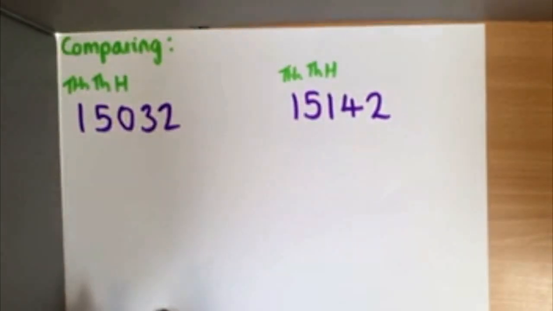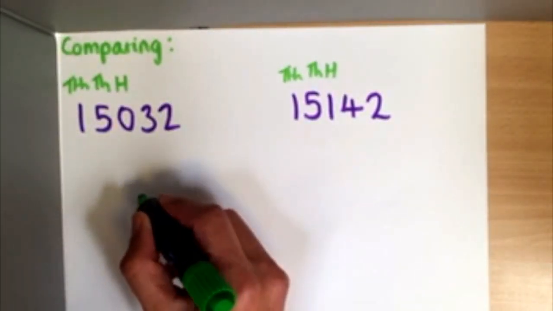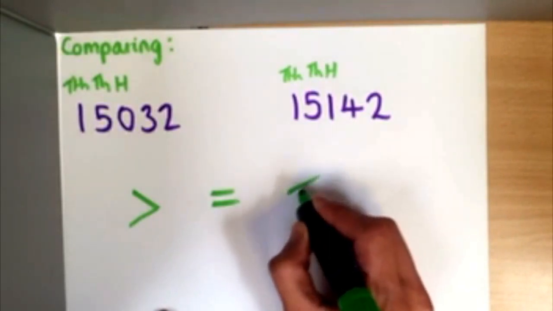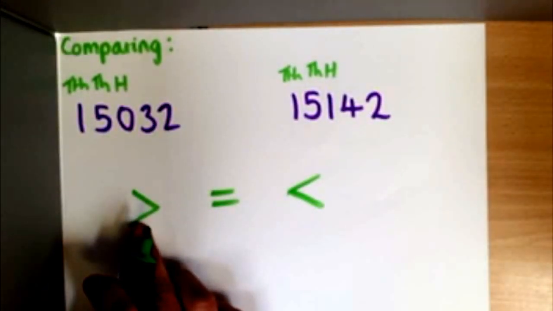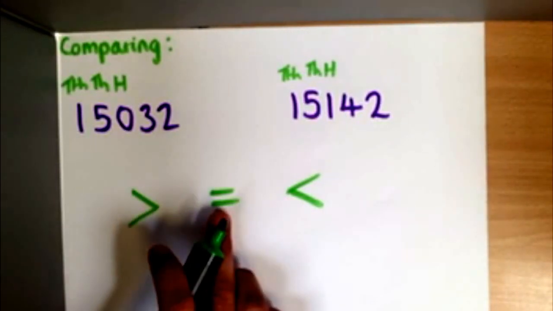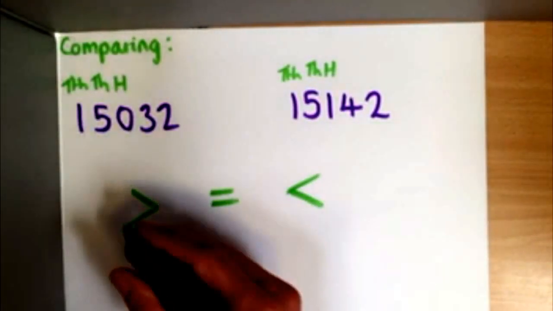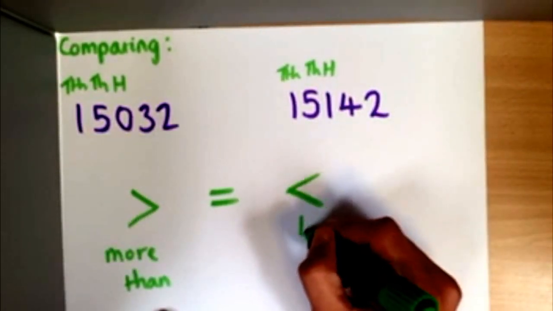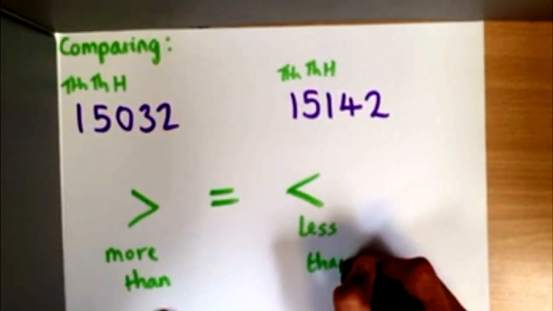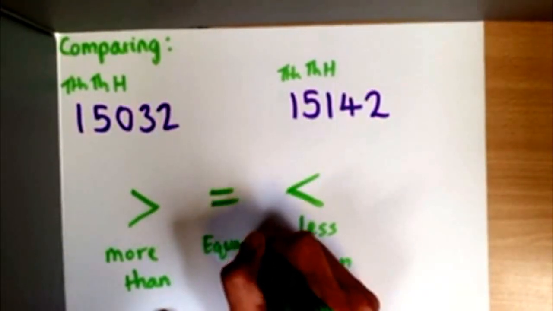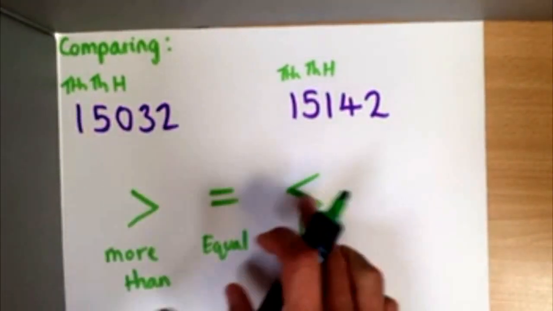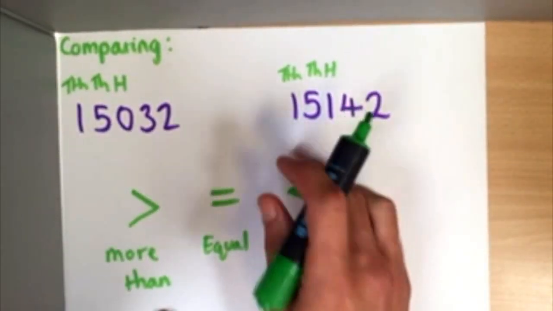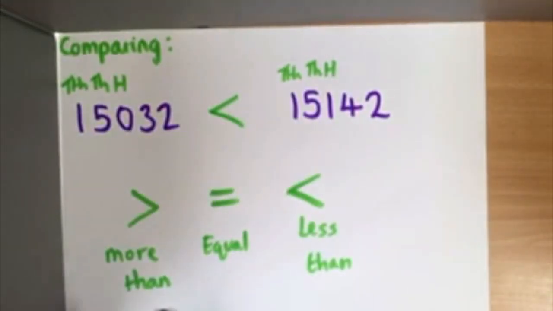Now we can put a little symbol in between here to show which one's bigger. Now if you remember, we have 3 symbols. We have this one, and this one. This is our more than symbol, this is our equal symbol, and this is our less than symbol. Okay, and the best way of picturing these is that the crocodile with its open mouth always eats the larger number. So here, this is our large number, so in between them I'm going to use my less than symbol,